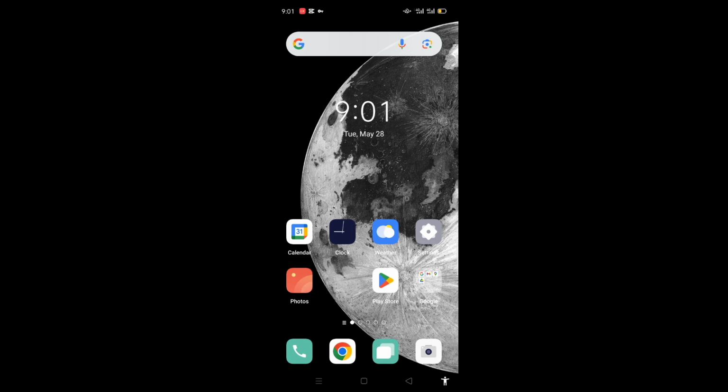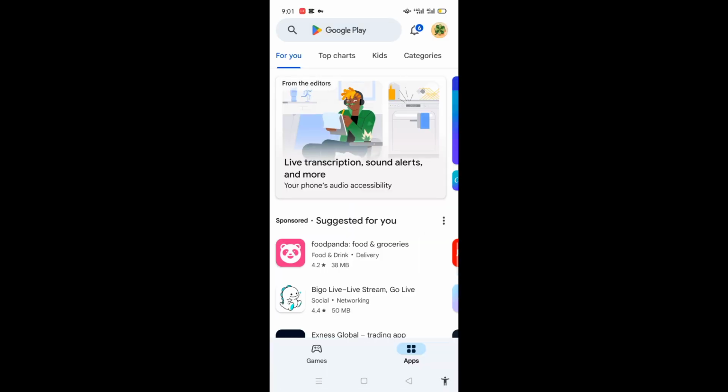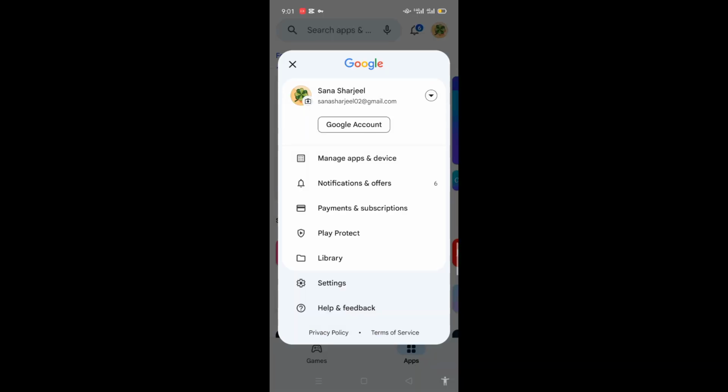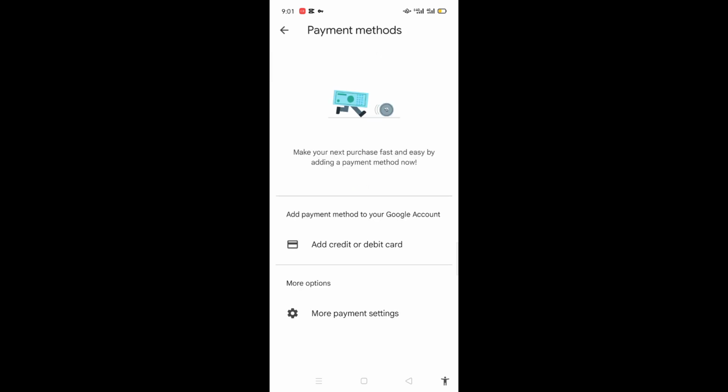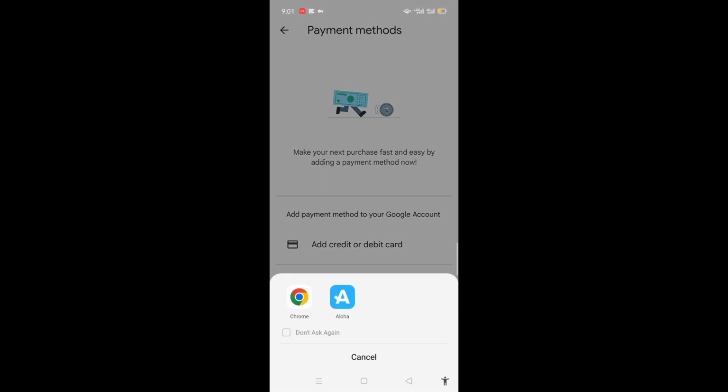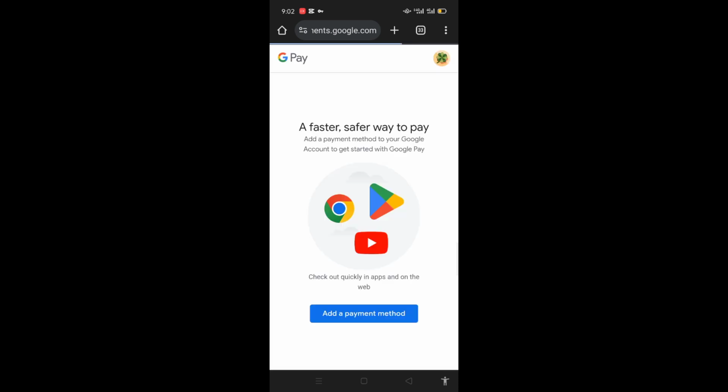So first of all, you will have to open the Play Store app and go to the profile at the top right. Click on Payments and subscriptions, then click Payment methods, and scroll down to find More payment settings. You have to click on Google, and when it opens in this browser,